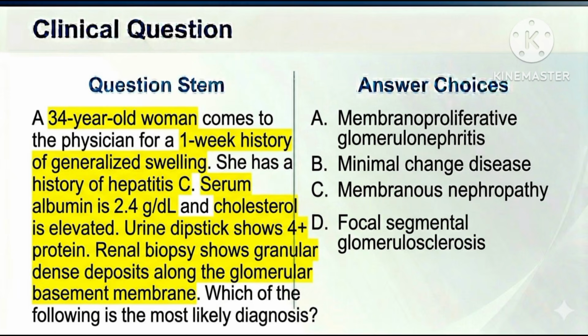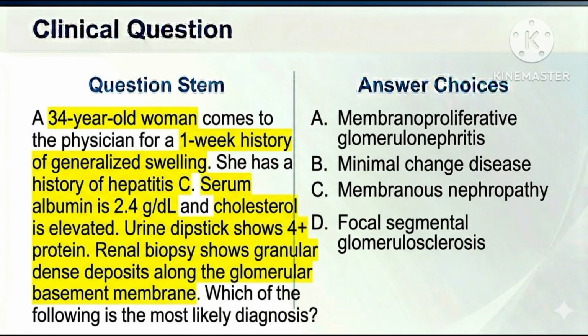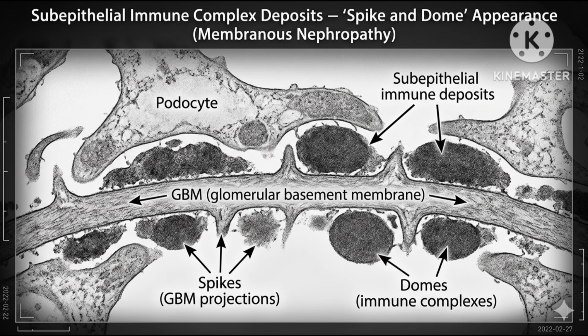34-year-old woman, history of hepatitis C, features of nephrotic syndrome such as generalized swelling, low albumin, high cholesterol, urine dipstick shows proteinuria, renal biopsy shows granular dense deposits along the glomerular basement membrane, most likely diagnosis, membranous nephropathy. Read this question stem. A patient with hepatitis C and nephrotic syndrome, which of the following biopsy findings is most characteristic of membranous nephropathy? We all know in membranous nephropathy, we will see subepithelial granular dense deposits with